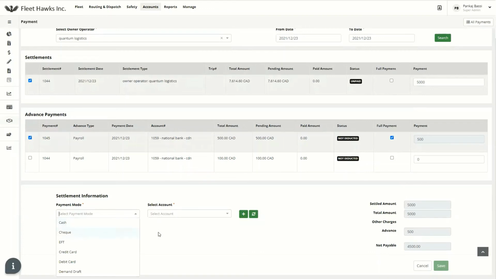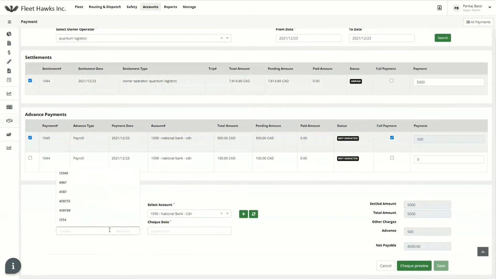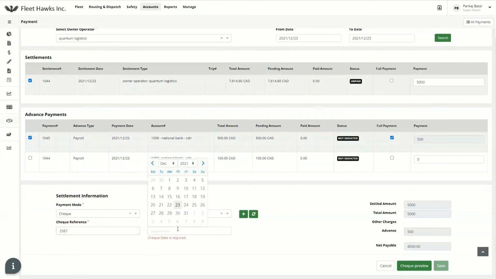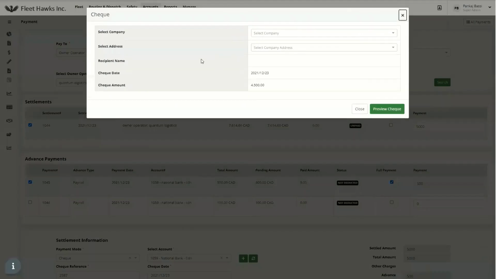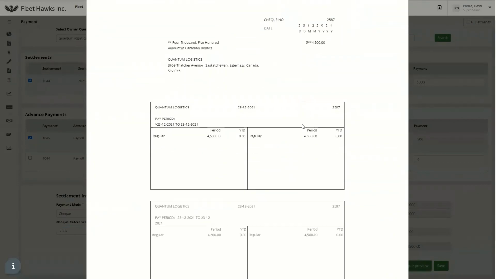So it's the same thing. We will be able to choose how we're going to pay him. I'm just paying him through check, and this is the check, and this is the reference number. We need to put the reference number and the check, and there you go. I paid him today. The same thing, we have the check preview. Now you can see the recipient name, that we paid this company this much, and